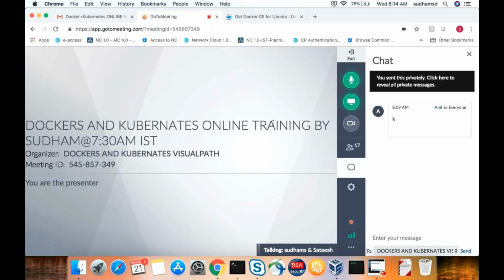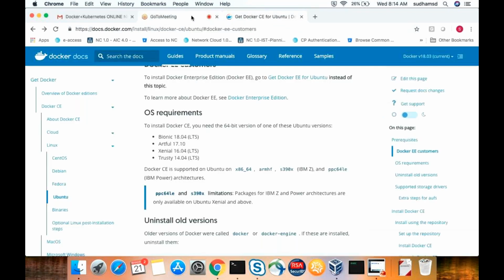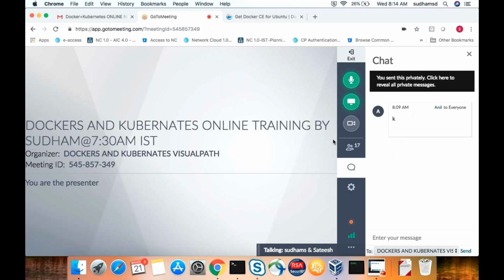So I have a few queries on Docker. Sure, you can go ahead. Once we install the packages on the OS, how can we access Docker? Like, through the server IP address, can we access Docker? I will tell you.